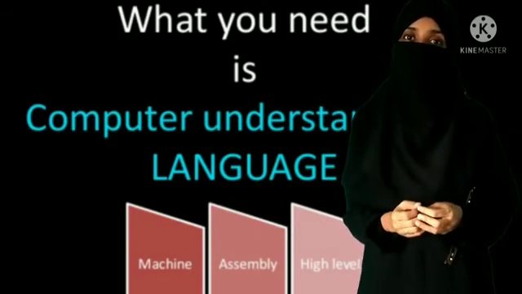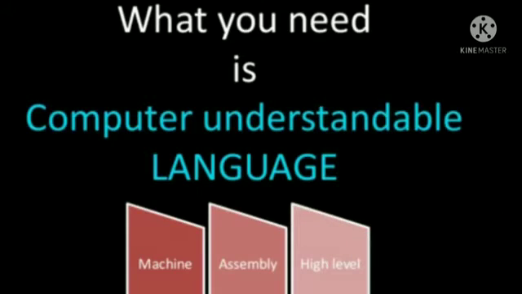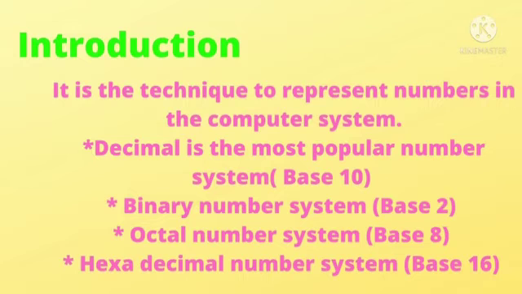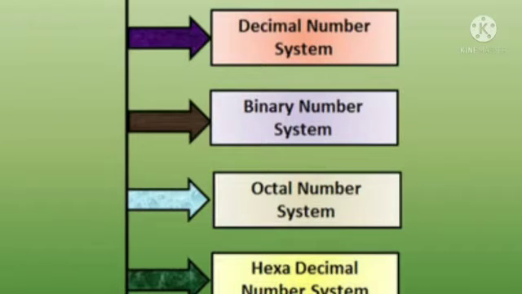So to know about all these things, first we have to understand what is the number system, what are the different number systems that are being used by the computer system. Okay? So we will see one by one what are the different kinds of number system. You can see in the picture, number system is classified into 4 types. It is binary system, decimal system, octal system and hexadecimal system. We will know what are these different types of system one by one.